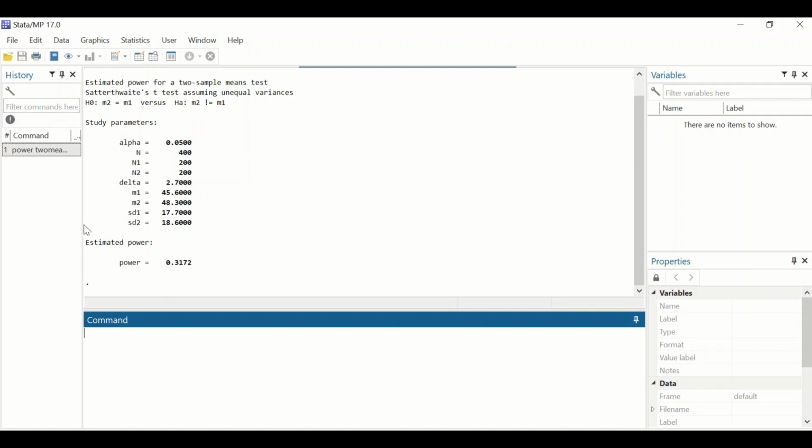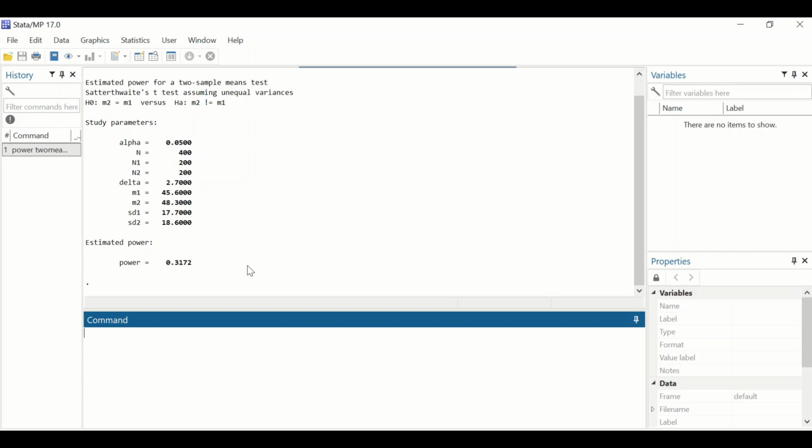And finally, power is estimated, and it is found to be 0.3172. This value means that there is a 32% probability of finding statistical differences at an alpha of 0.05 between these two groups if a true difference or